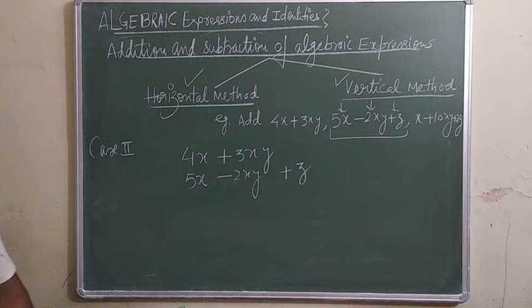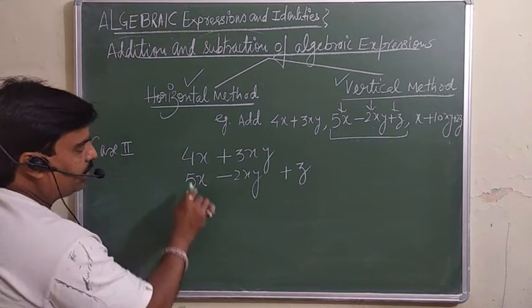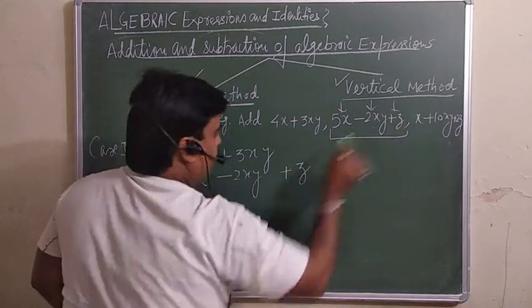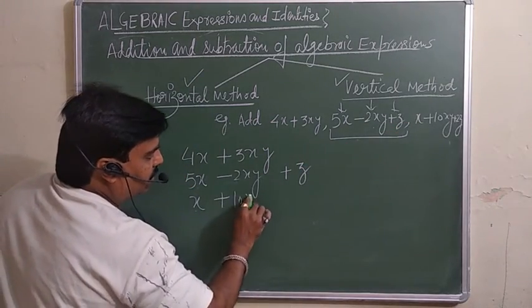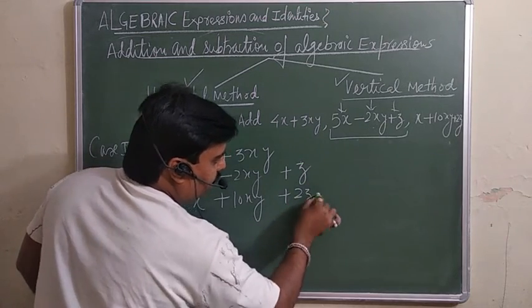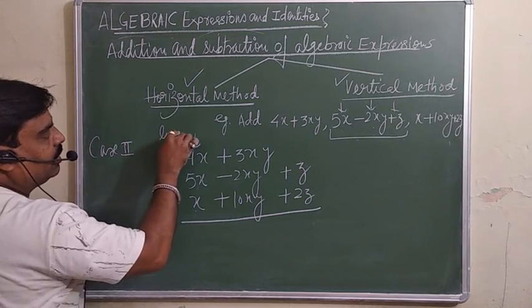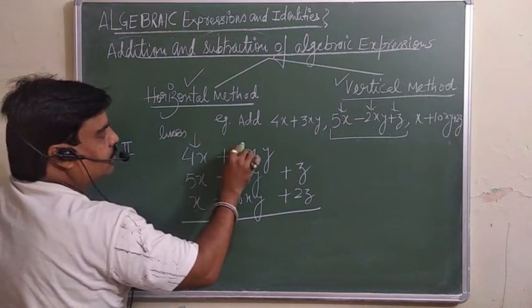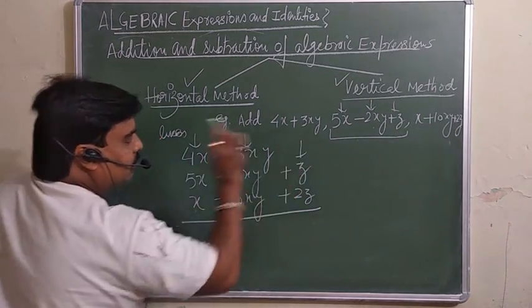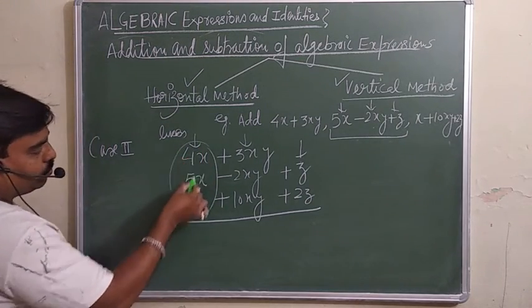This is there, means in a vertical. And then third one is there. This is x will come here because these all are the likes. Plus 10xy here and z. This is ये z 2z का like है तो you have to write on this one. तो like terms के नीचे like terms के under like terms लिखना है. These are the likes and these are there only. Now simple same method is there. You must add them. You are supposed to write along with the sign.